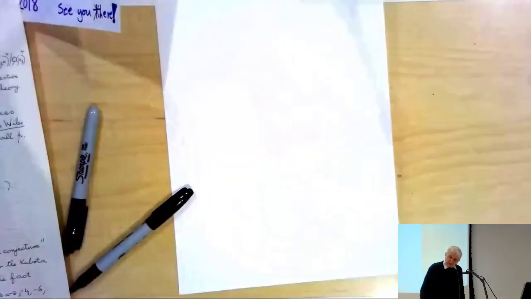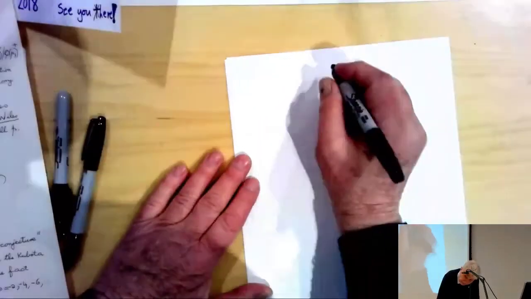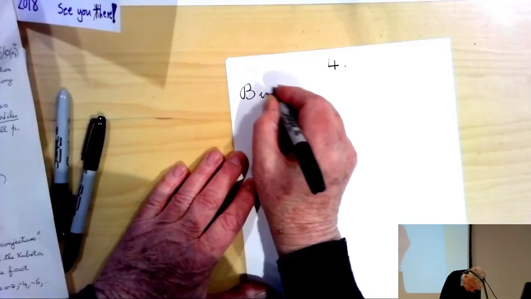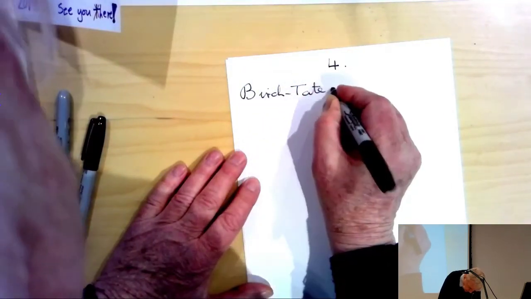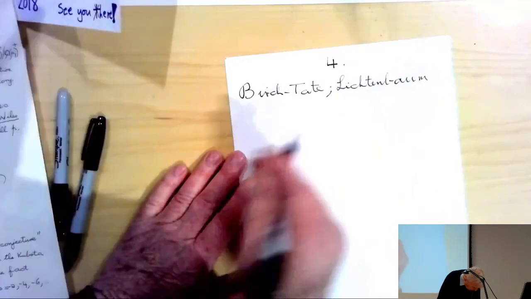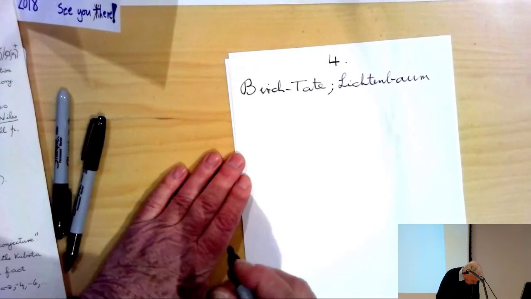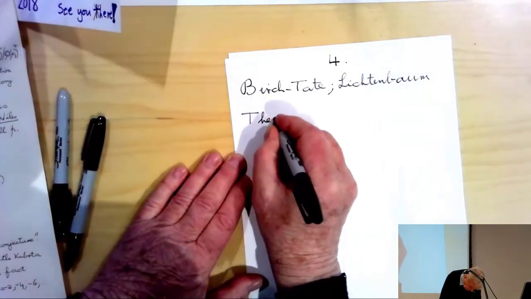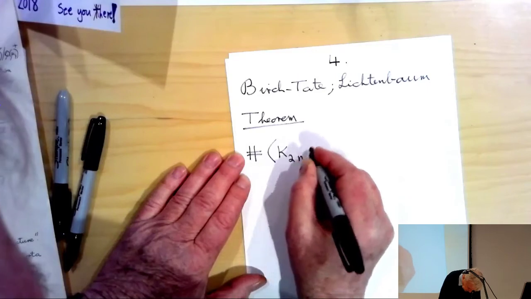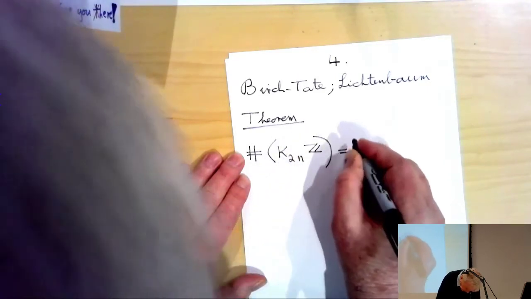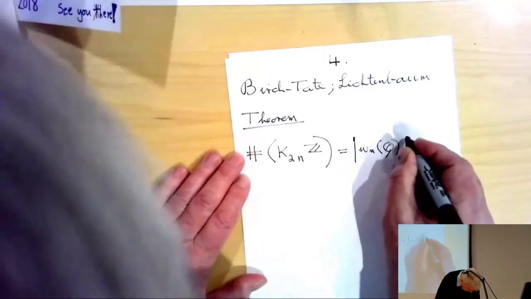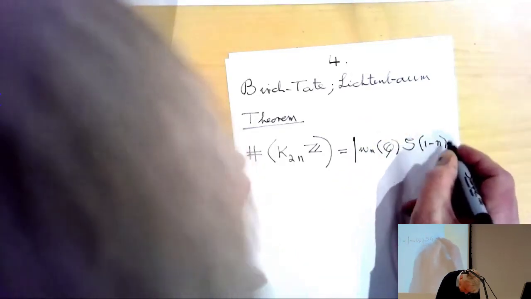Okay, so they're finite groups, and what got us all started was that Birch and Tate first, and then Steve Lichtenbaum after that, came up with a remarkable conjecture that's now a theorem, namely that the order of these finite groups, K2n Z, is, I think you have to be careful of a sign change perhaps in the zeta value, W_n(Q) times zeta, the zeta function at 1 minus n,